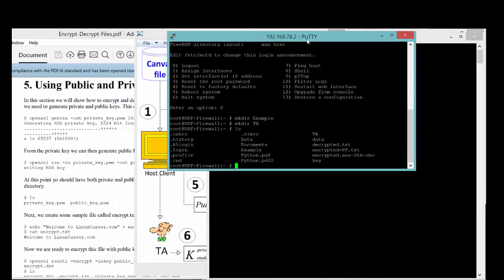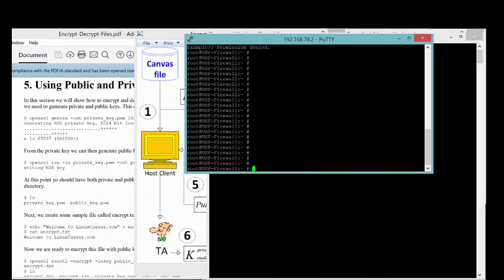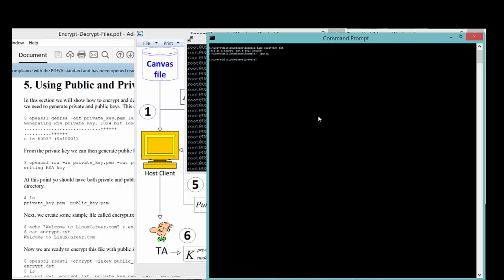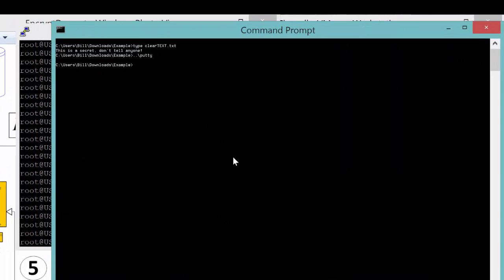So let's move this over here, and go to the example directory, and you can see that there's no files there. So I want to copy over this great file that I have. Again, it's clear text, knowing that my secure copy is located in the top level directory with a download directory here. What I'm going to copy is that clear text file, and I'm going to copy it to my root at